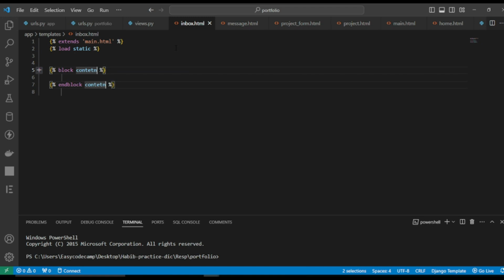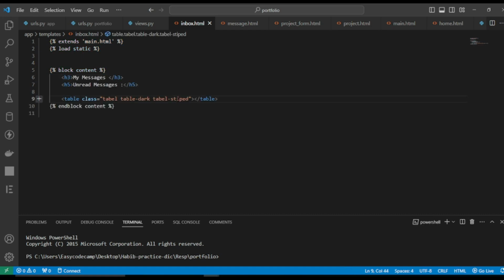You can see we have got this section and add this title by the h3 and h5 elements, and we've got this table. We can format this table by the table class to format this table inside this inbox page. We are going to make a table,